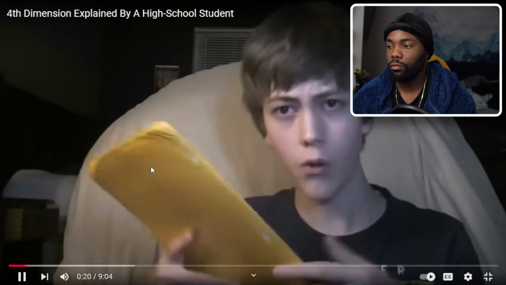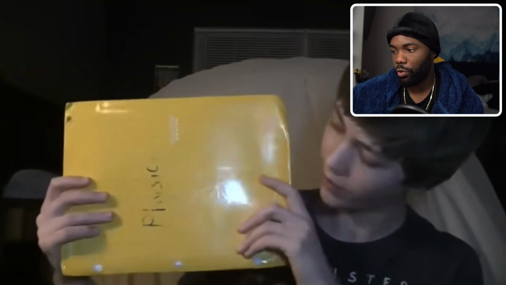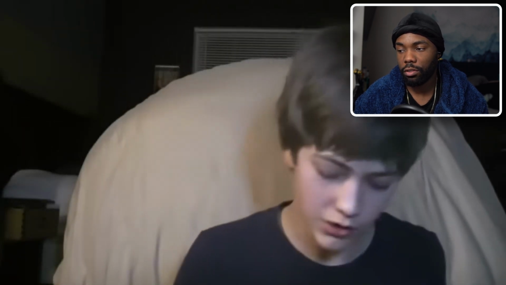Now, if we go to the 2nd dimension, we have width and we have length. Hypothetically, if an organism lived inside of here, it would be able to move up, down, left, right, and anywhere else in between. And a 2-dimensional world is comprised of an infinite series of 1-dimensional worlds stacked upon each other. Just as our 3-dimensional world, which has depth and length and height, is comprised of an infinite